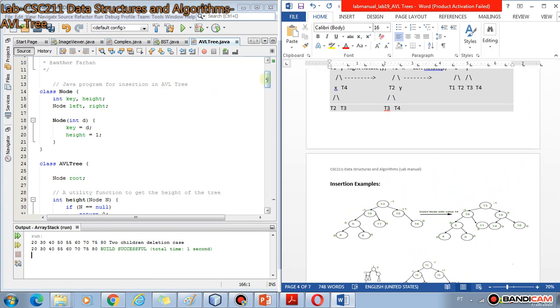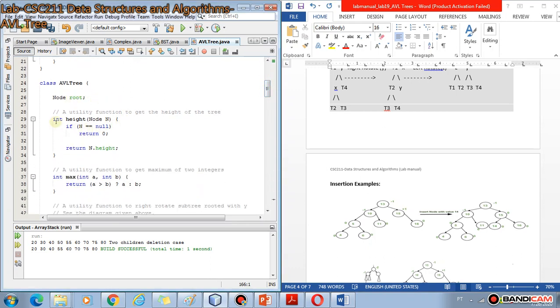We go towards the code. So I have already written this code so that we only need to discuss the implementation. One thing is that since for every node we have to compute the height, we include this height as an integer inside the node, so that every node has a data value of height beside the key value, okay.